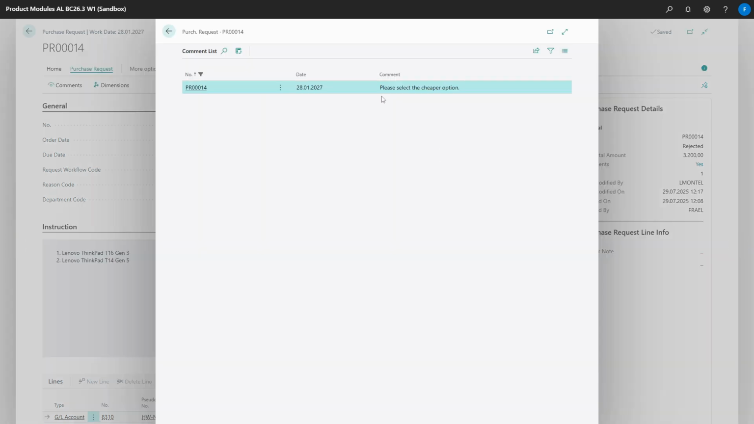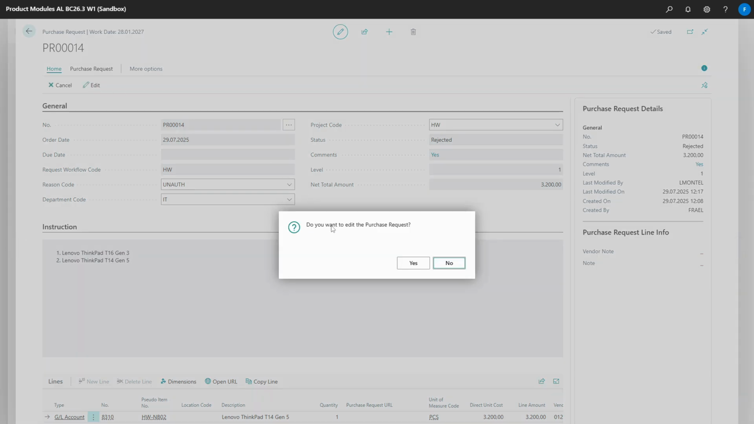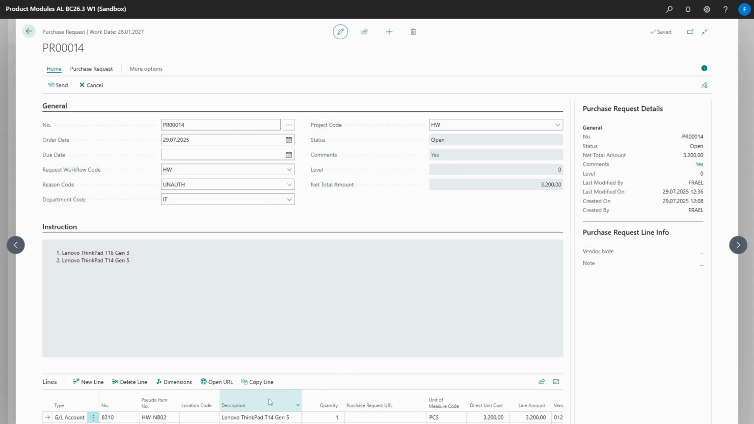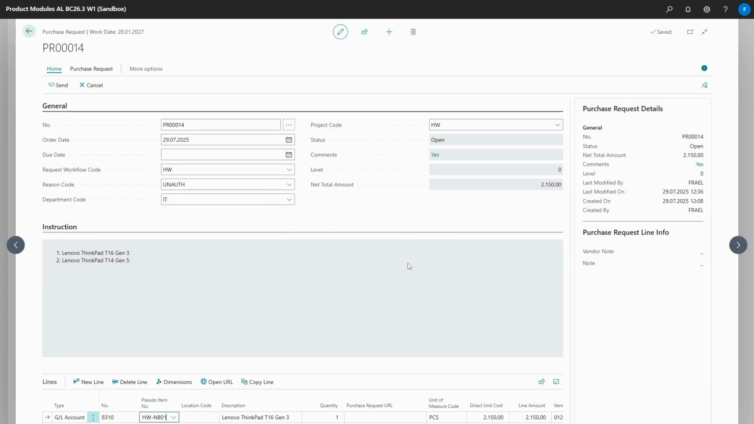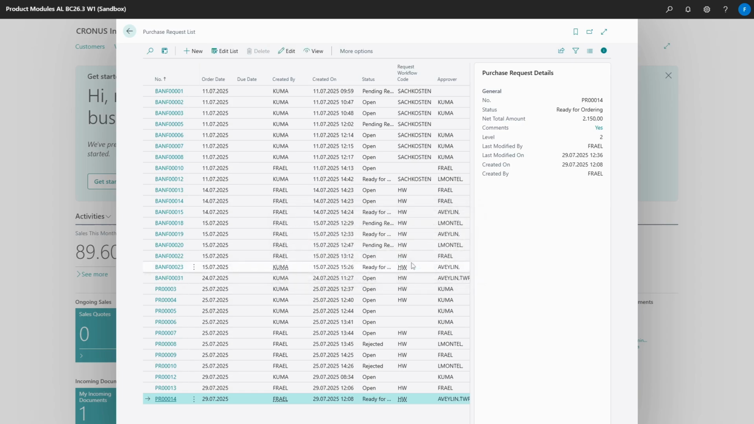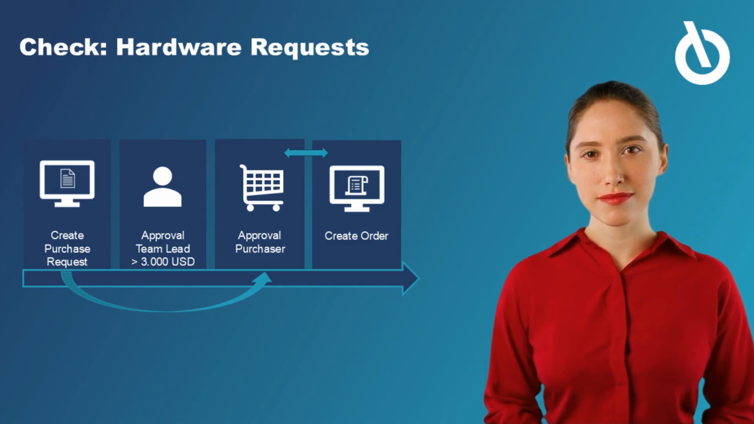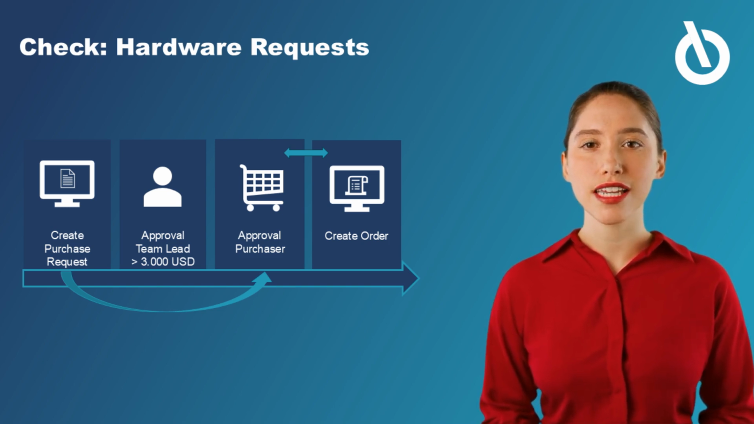In this case, we now know that we specified the wrong notebook and edit the purchase request. If another revision still does not result in approval, the creator would cancel the purchase request. We now select the correct notebook in the purchase request and send it. As the purchase request is now less than USD 3,000, the team leader no longer needs to check it,